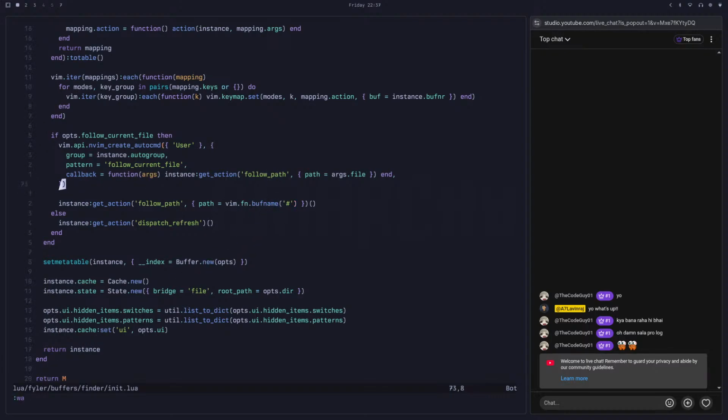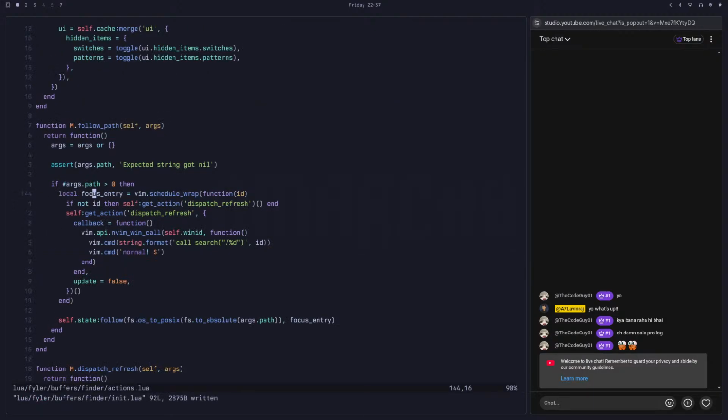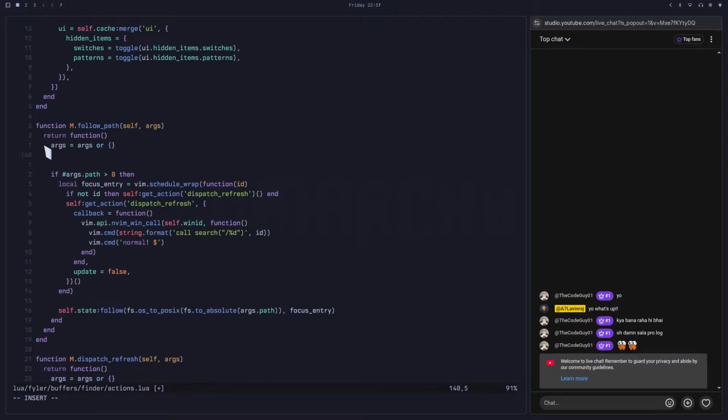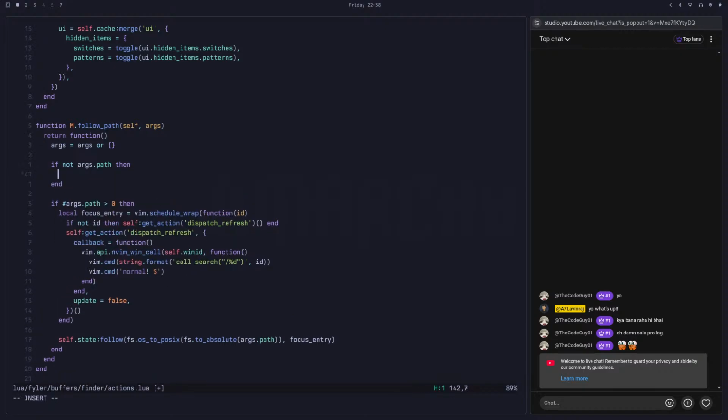And there is one more thing that we can do here in the actions. Instead of asserting, we have args.path. Like if not args.path, then instead of erroring out, we could